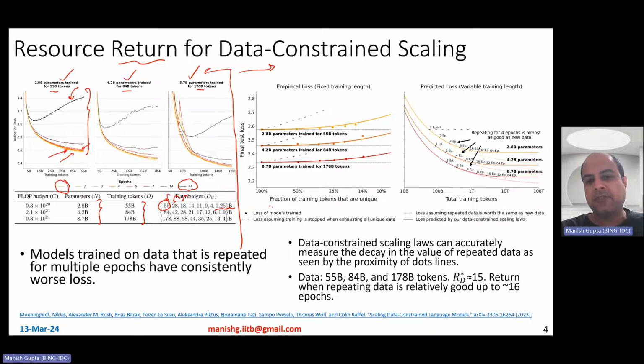So you see on the x-axis the fraction of training tokens that are unique, and on the y-axis, you see test loss. Okay. And you basically see 3 curves for 3 different model sizes, right? So that's that. Now, of course, this one basically corresponds to 100% fraction of training tokens, which basically means that this is your best model for different parameter ranges.